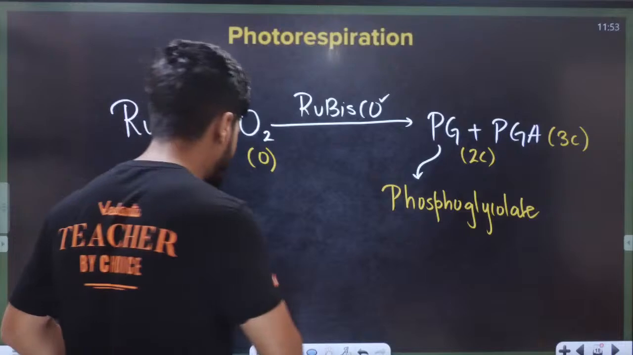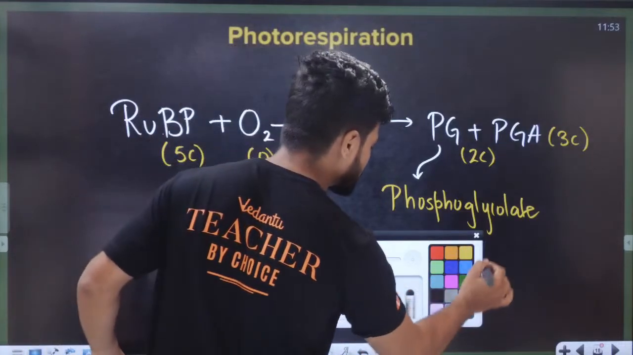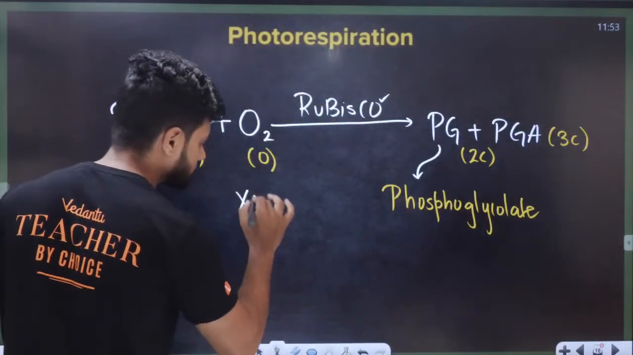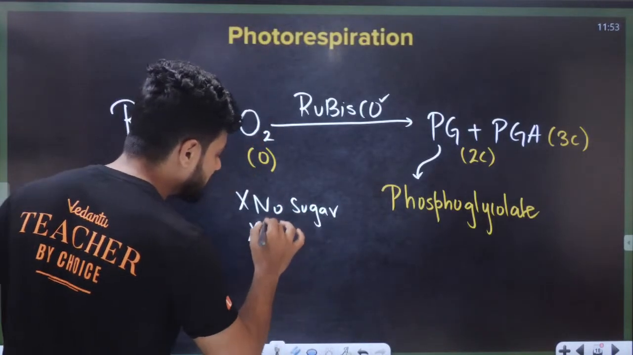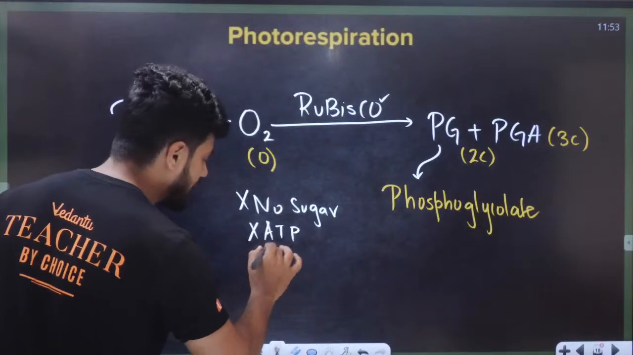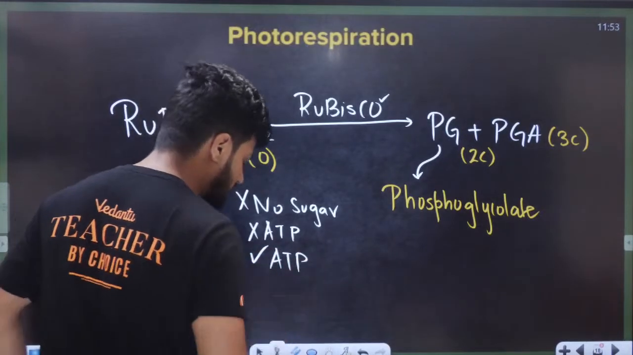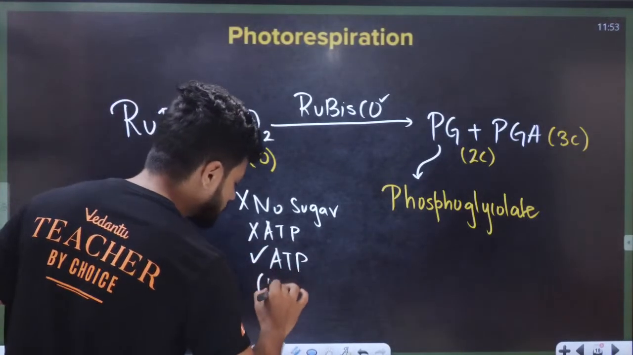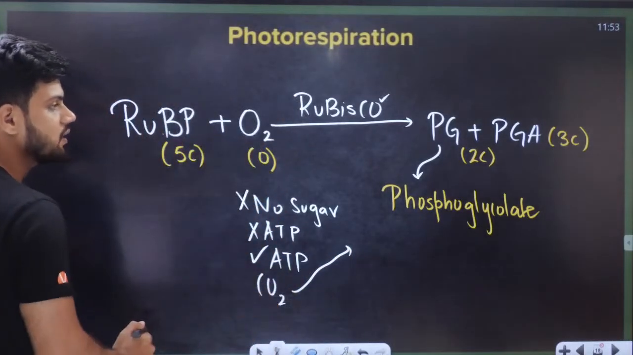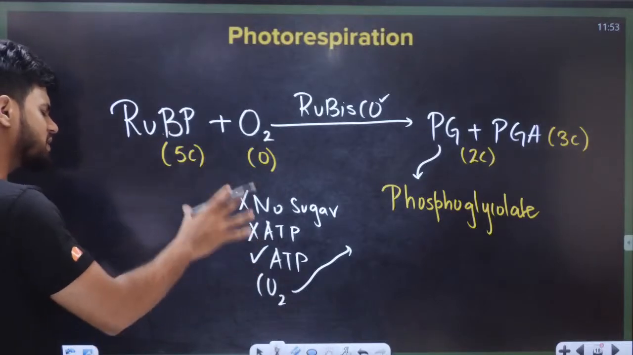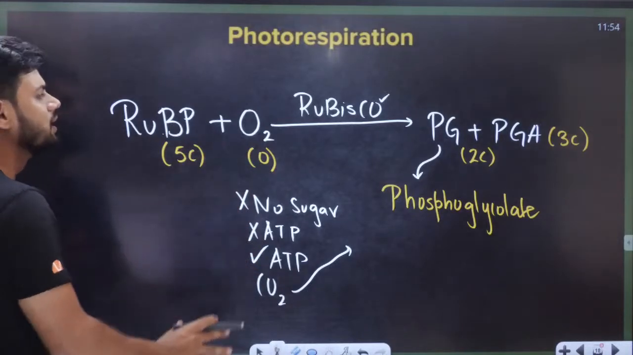Why is it called a waste reaction? It is called a waste reaction because there is no sugar formation. There is no ATP formation. ATP is being used here. CO2 is being released because oxygen is binding. So this is a complete waste reaction for the plant,